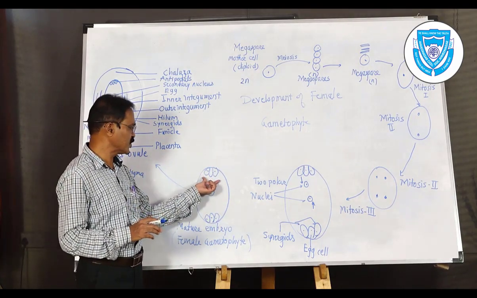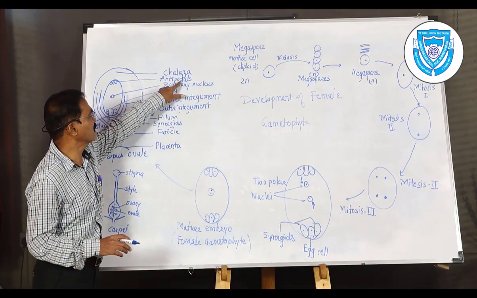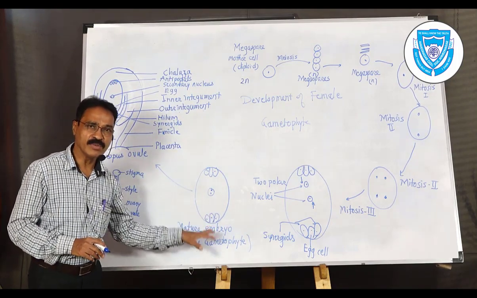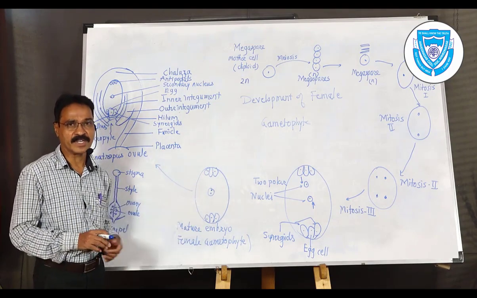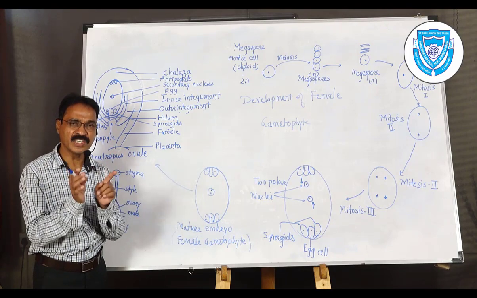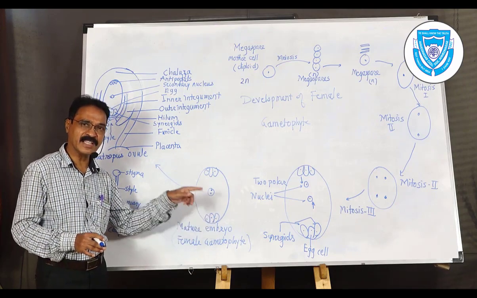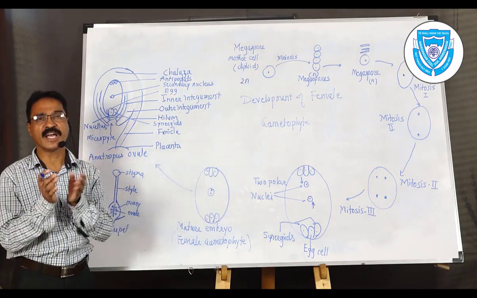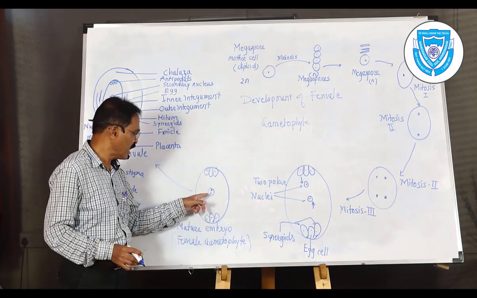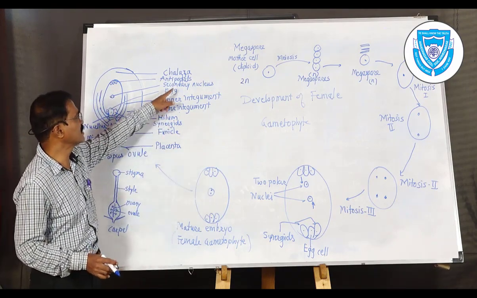Now these 3 cells towards the Chalazal end are called the antipodal cells. As we have written here, they are the antipodal cells. And the 3 towards the micropylar end are called the egg apparatus. This egg apparatus consists of 2 synergids on either side of an egg. So the egg cell is at the center and 2 synergids are on either side. So in this way, 3 antipodal, 3 micropylar, and 2 nuclei in a single cell situated at the center, called the secondary nucleus.